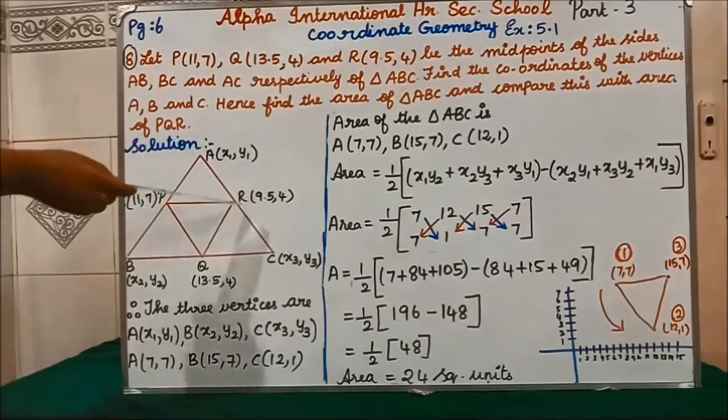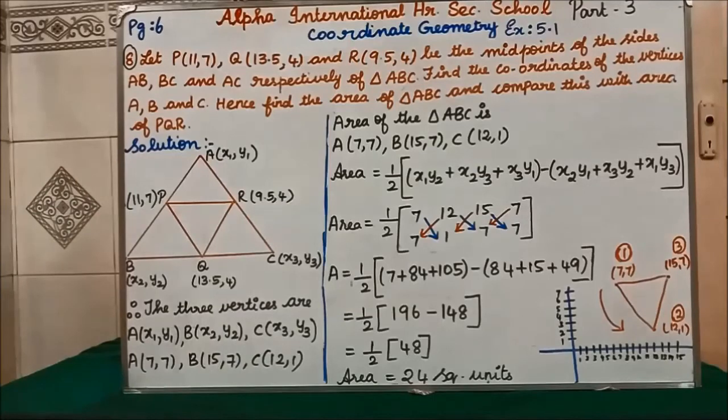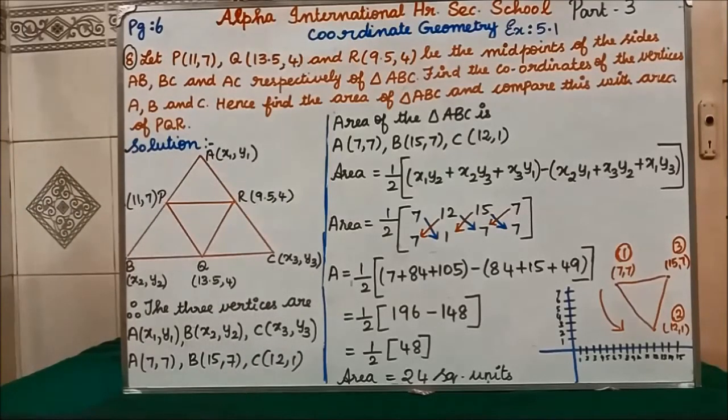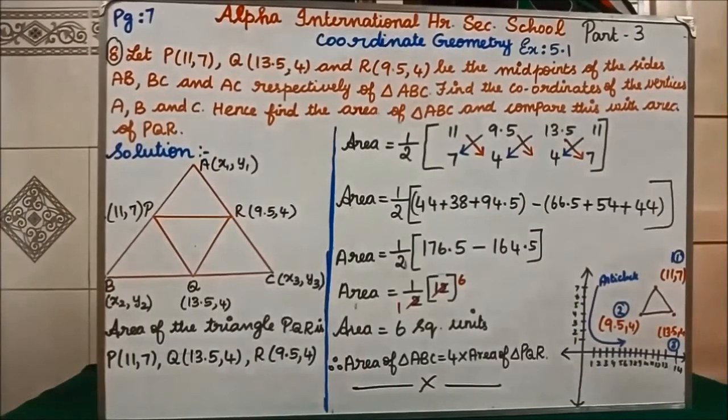Next, which area we have to find? We have to find triangle PQR. Area of triangle PQR we have to find. We will see that in page number 7. Students, now we are in page number 7 with this page we are going to complete the 8th problem. Clear? So totally we are having how many pages? 7 pages. You rewind and see the previous pages so that you will be very clear.